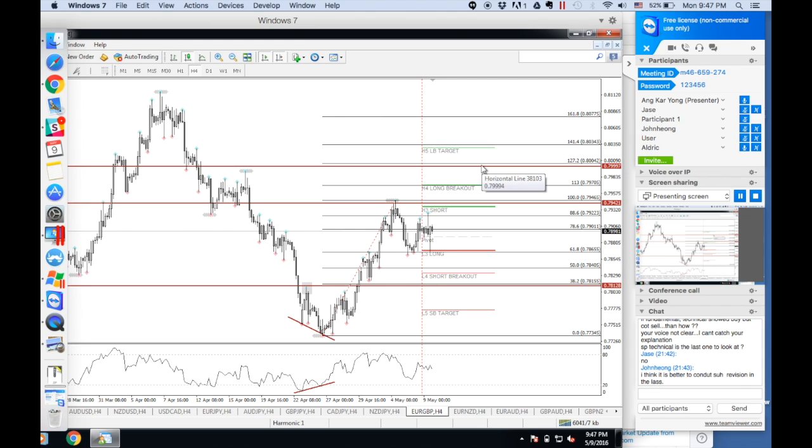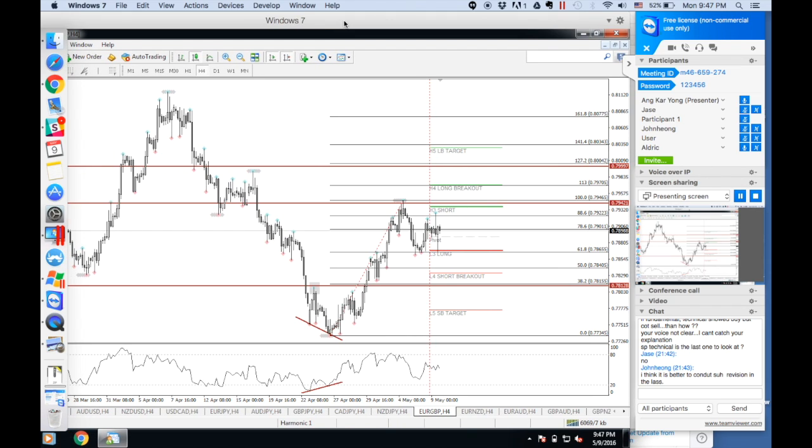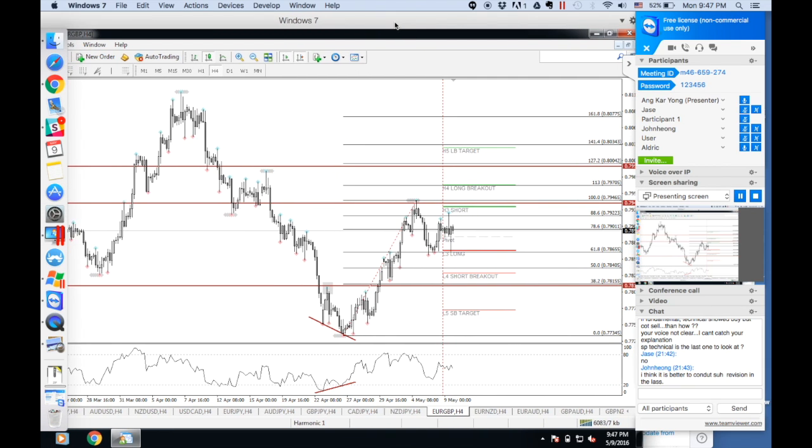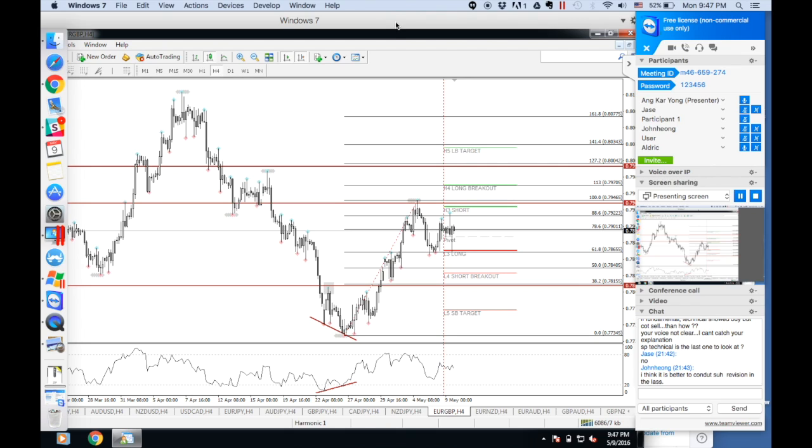Any questions regarding this kind of setup? If you don't have, I want to see if you can also identify